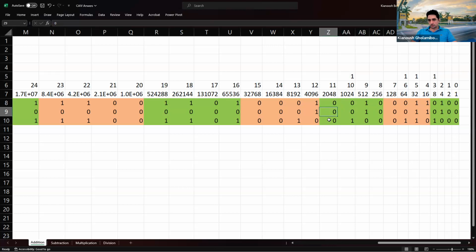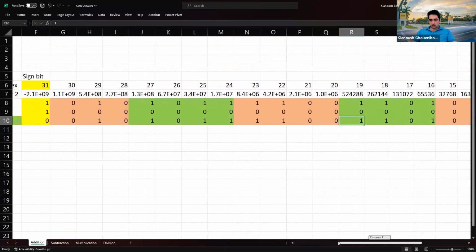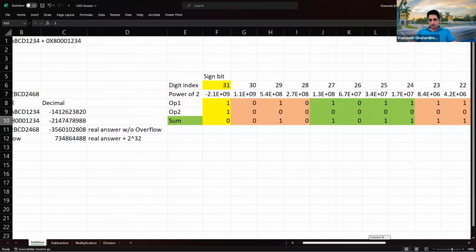0 plus 0 is 0, no carry out. 1 plus 1 is 2, so 0 and a 1 carry out. 1 carry in plus 0, 0 is 1, no carry out. 0 plus 0 is 0, 0 plus 0 is 0, 1 plus 0 is 1, 0 plus 0 is 0, 1 plus 0 is 1, 1 plus 0 is 1. And this goes on and on, all the way until we reach